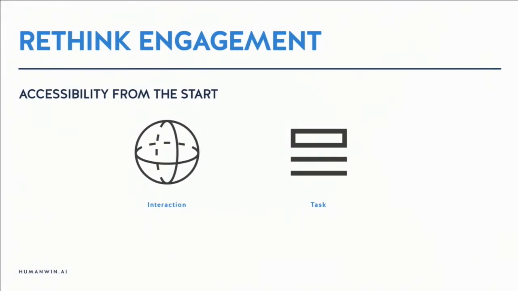And there are different schools of thought on this, but rethinking engagement. What you think is a super slick interaction for a user could just be a task. So in an accessible mode, if we can just convert that to a simple task so that a user with a motor impairment can progress through the game and continue their gaming experience, that's a simple win. Right? So that's something to think about.